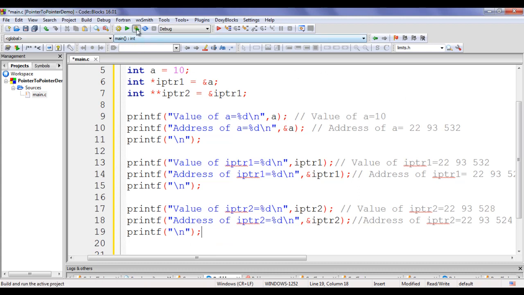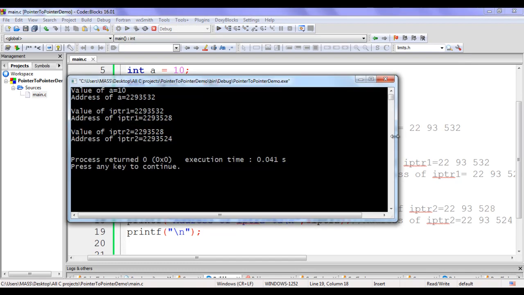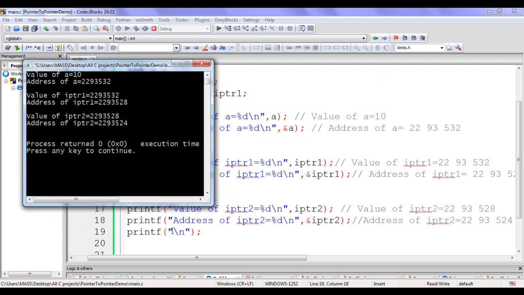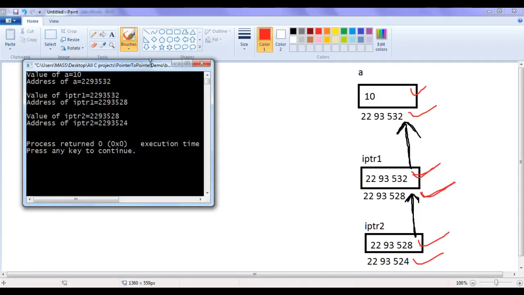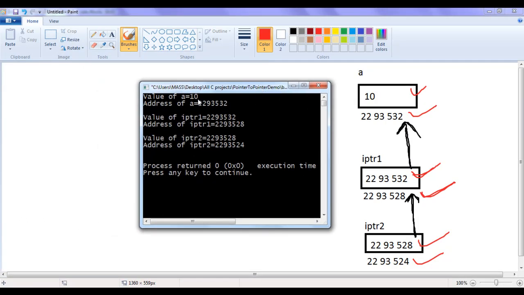If I say build and run, you can see that it is displaying value of a is equal to 10. Address of a is equal to 2293532. Value of iptr1 is 2293532.